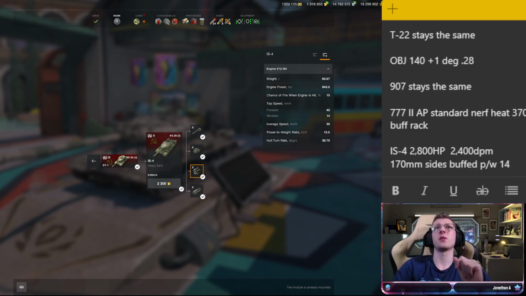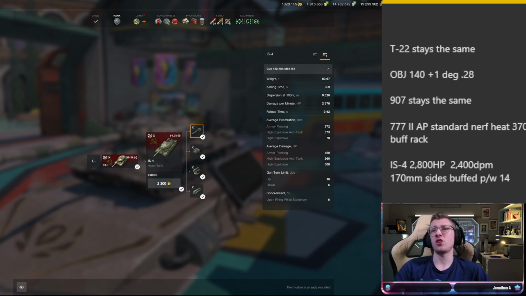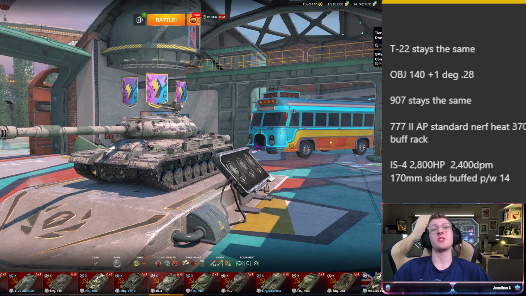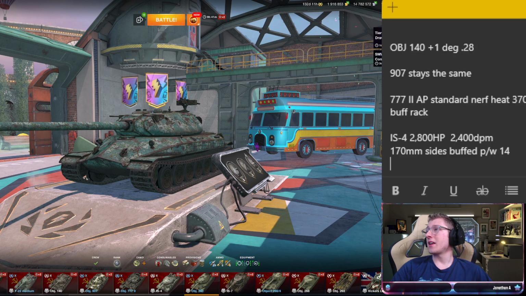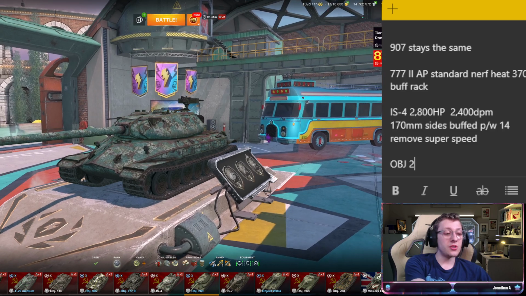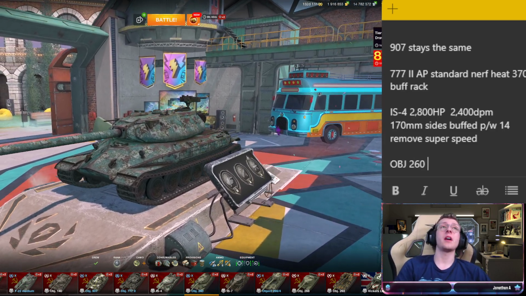Just so it's a little bit slower on acceleration. I think these are fine changes. I think they would allow the tank to be very enjoyable, and I think a lot of people would agree with those changes. Also, remove super speed boost because it doesn't need it. I will write that down just in case I forget. Remove super speed. Okay, we now move on to the Object 260, which I want to like, but I don't